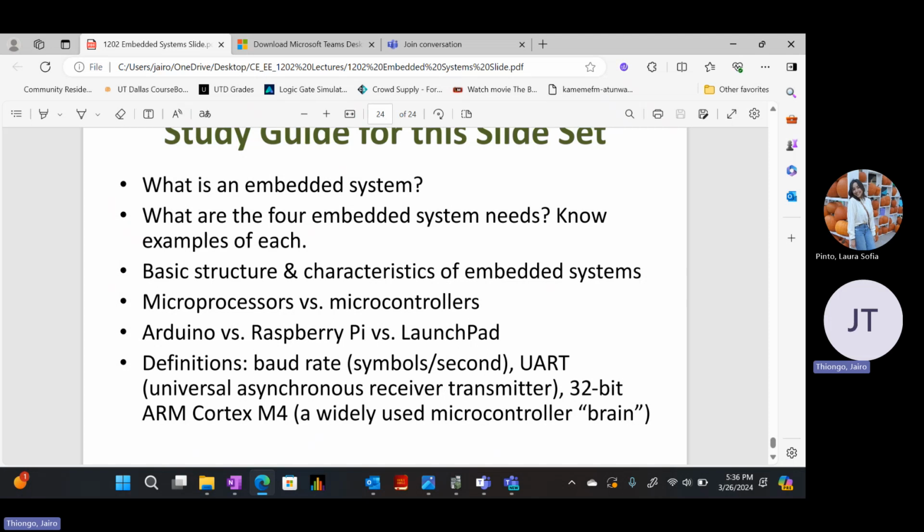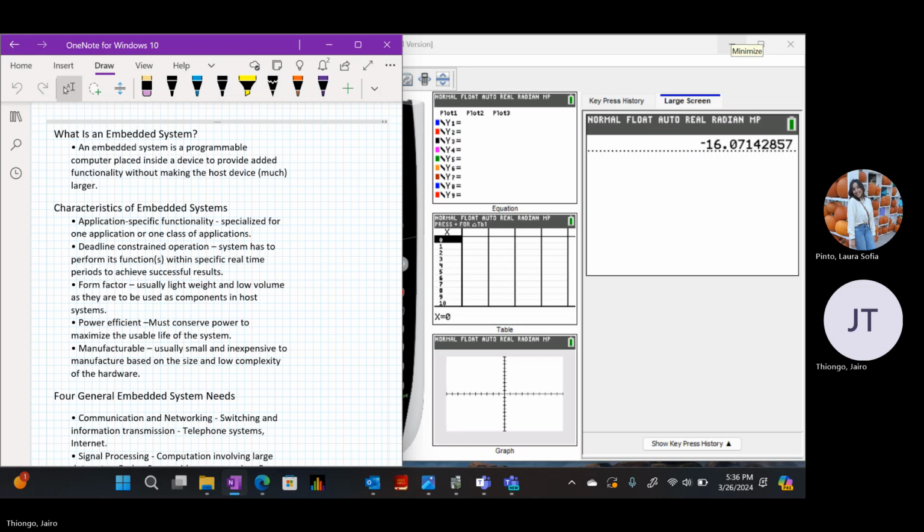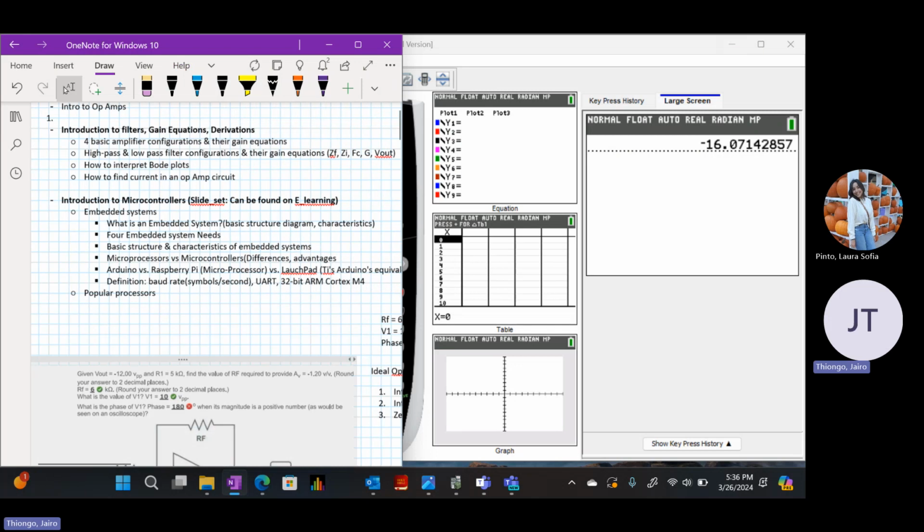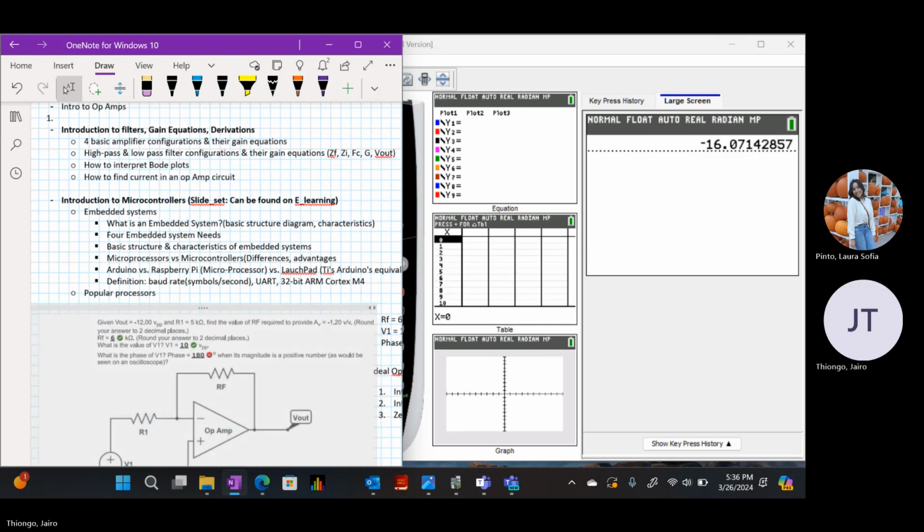Students are also expected to know the definition of the baud rate. They've mostly seen this when doing their labs and programming Arduinos. So they will set the baud rate at, say, 9,600. They've seen most of the definitions in the labs. So based on that, we'll start on the filters. For the introduction to filters, we have